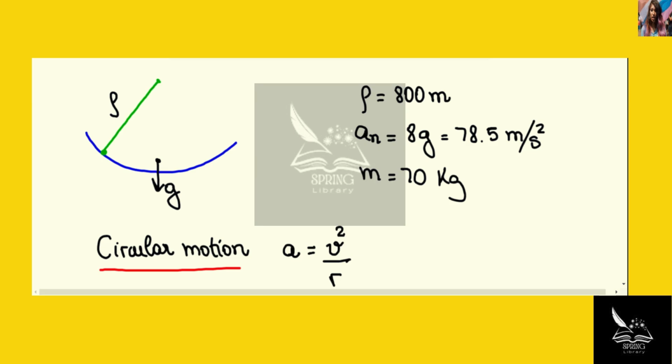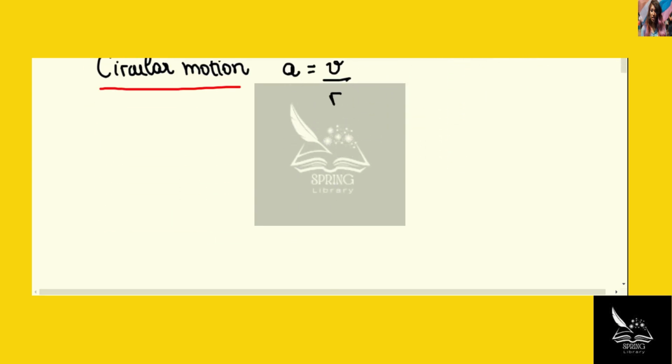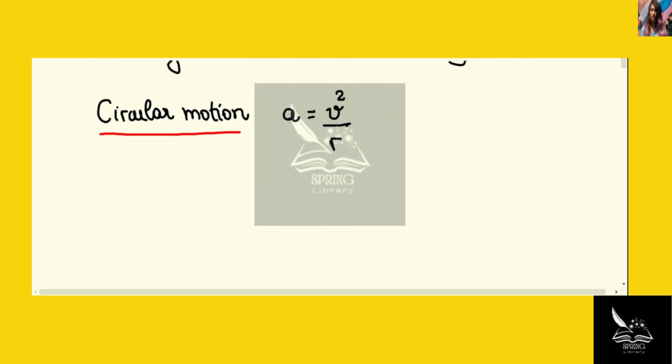And we have the information that the maximum acceleration reached by the airplane is 78.5 meters per second squared, and the mass of the airplane is 70 kilograms. So in the first part of the exercise, we have to find what is the maximum speed that the airplane reaches. In order to do that, we can just use the formula for the